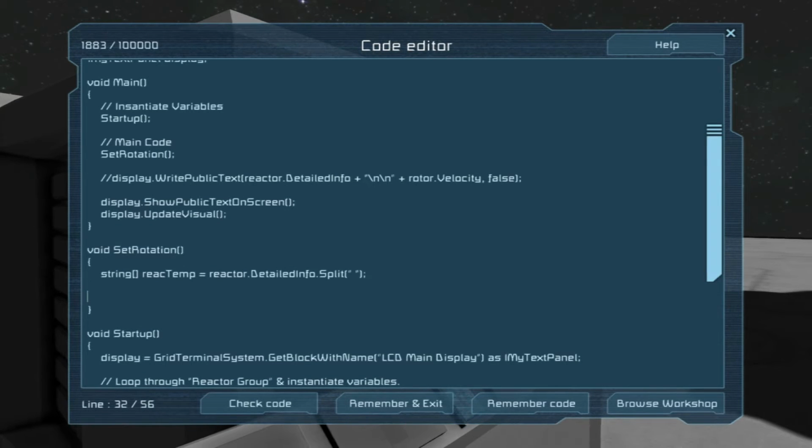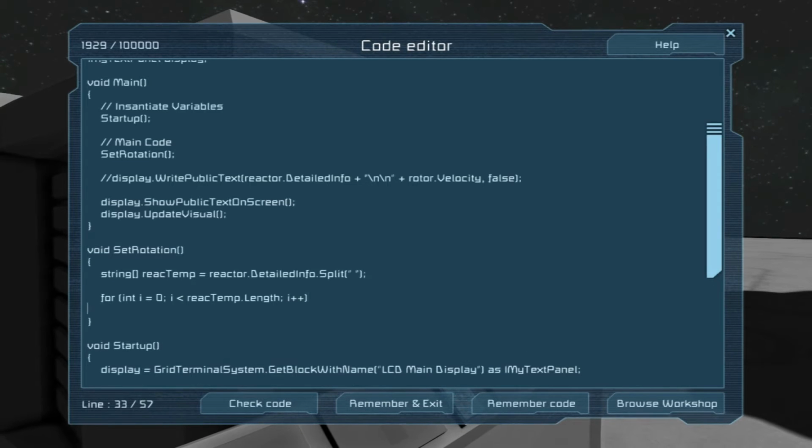And then from here, what we want to do is do a for loop. int i equals 0, like standard. i is less than reactTemp.count. No, length. Arrays use length, lists use count, I believe. We'll find out in a second if it breaks on me.